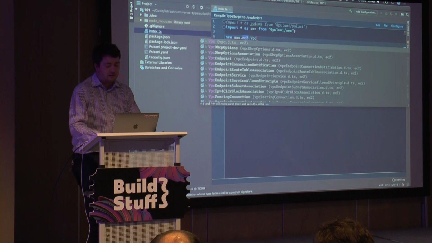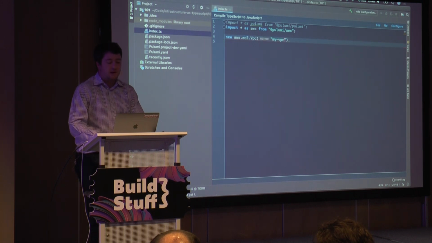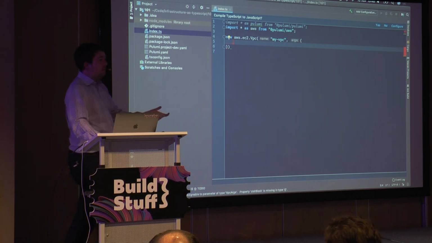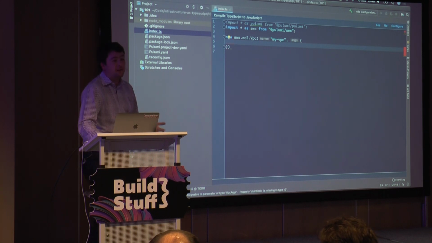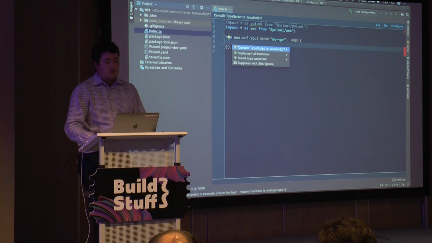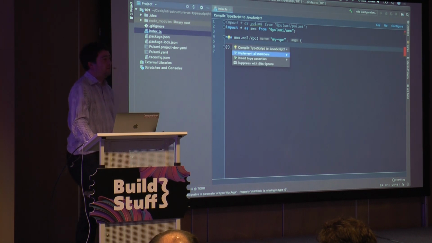So we have a VPC here, and we can give it a name. So we'll call it my VPC. And then we have to give it some arguments. There are some things that have to be specified when you go create an AWS VPC, things like the address space you're going to use, whether you want DNS enabled, that kind of thing. Because we're in a proper programming language here rather than a configuration language, you get all the affordances of a programming ecosystem.